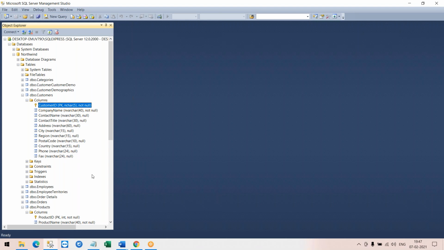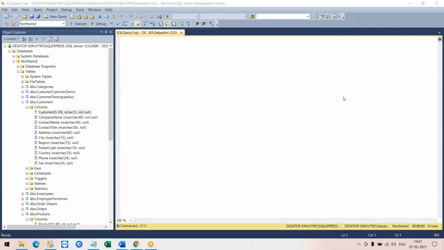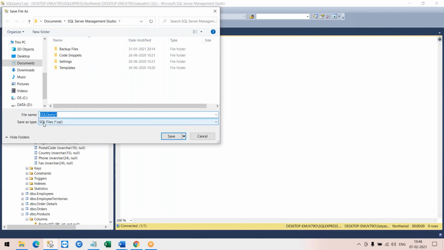Now, where do you run all your SQL queries? Click on your new query, a query editor gets open. In this query editor, you would write down all your queries. You could see your query editor saves with a dot extension as .sql. Every time I don't need to write down my SQL queries. I don't need to reinvent every time, right? I write down my SQL queries and I would like to save it. So you can write something here and click on save. It will ask you where do you want to save the SQL file. You could choose to save it on your desktop and whichever path you would like to save it. Okay.